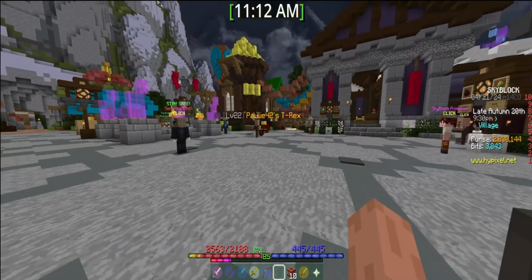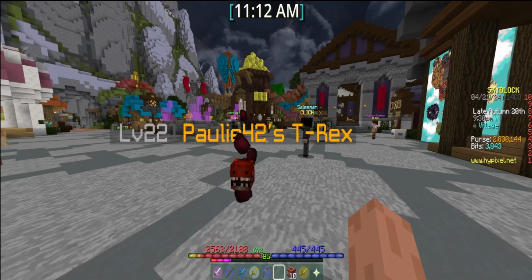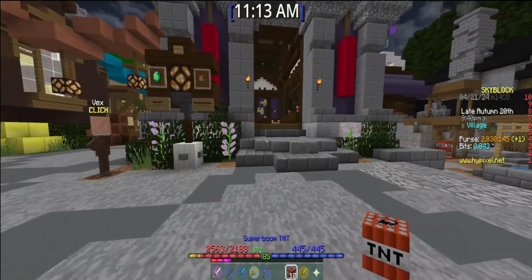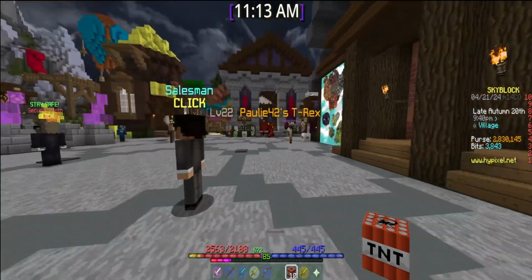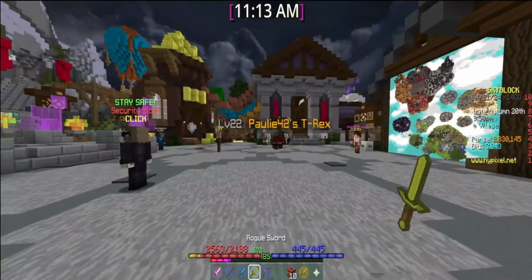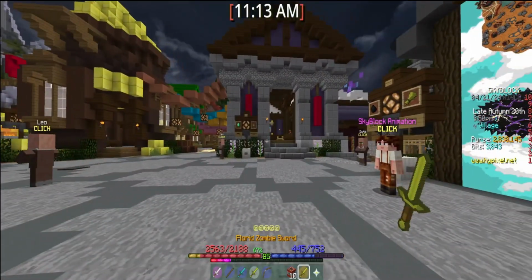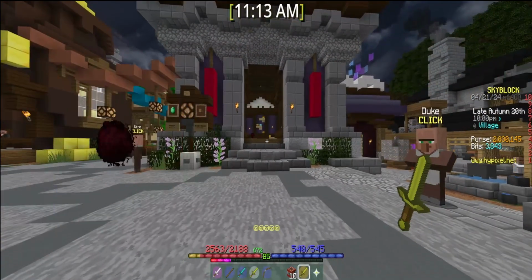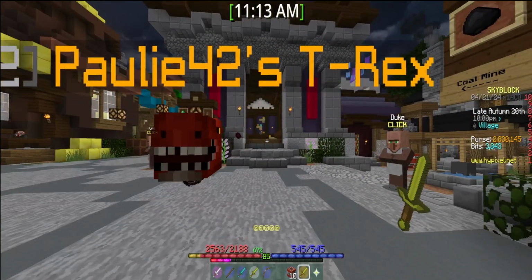Recently, a new pet was added to Skyblock, and it's incredibly good. It's this T-Rex pet. I'm going to be going over why it's like the best pet in the game. It's the best for most all-around use. So I'm going to be going over combat and the various subcategories of combat, and then mining, farming,